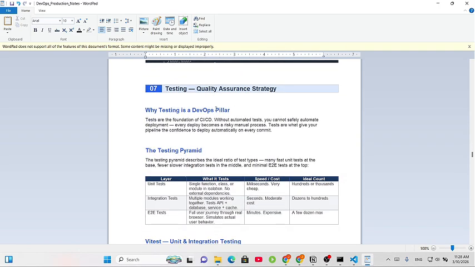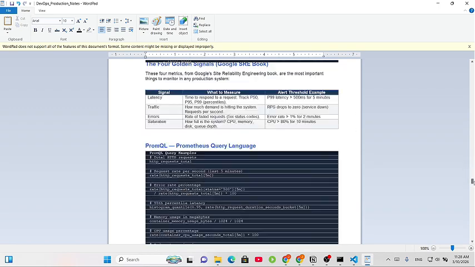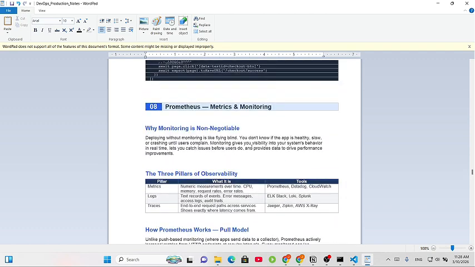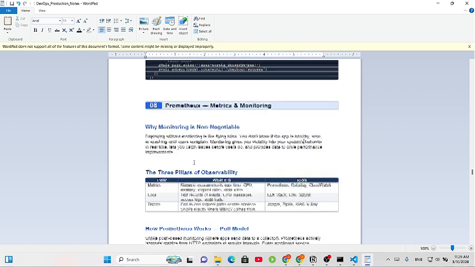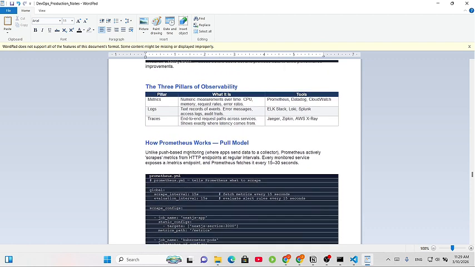So testing, we went through testing actually, we don't need to go through it again. And monitoring is important. We said that monitoring is non-negotiable. Deploying without monitoring is like flying blind. You don't know if the app is healthy, slow, or crashing until a user complains. Monitoring gives you visibility into system behavior. I think we took this before also, but we will try to do this one